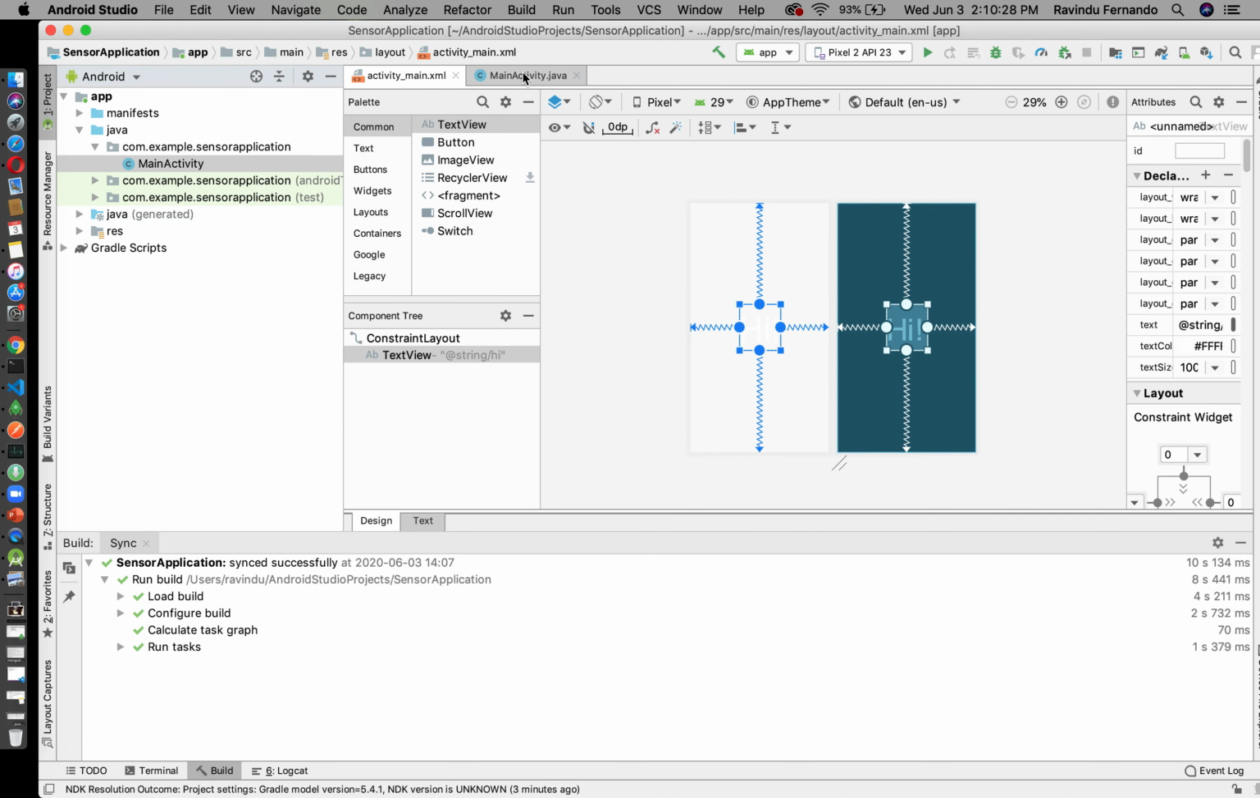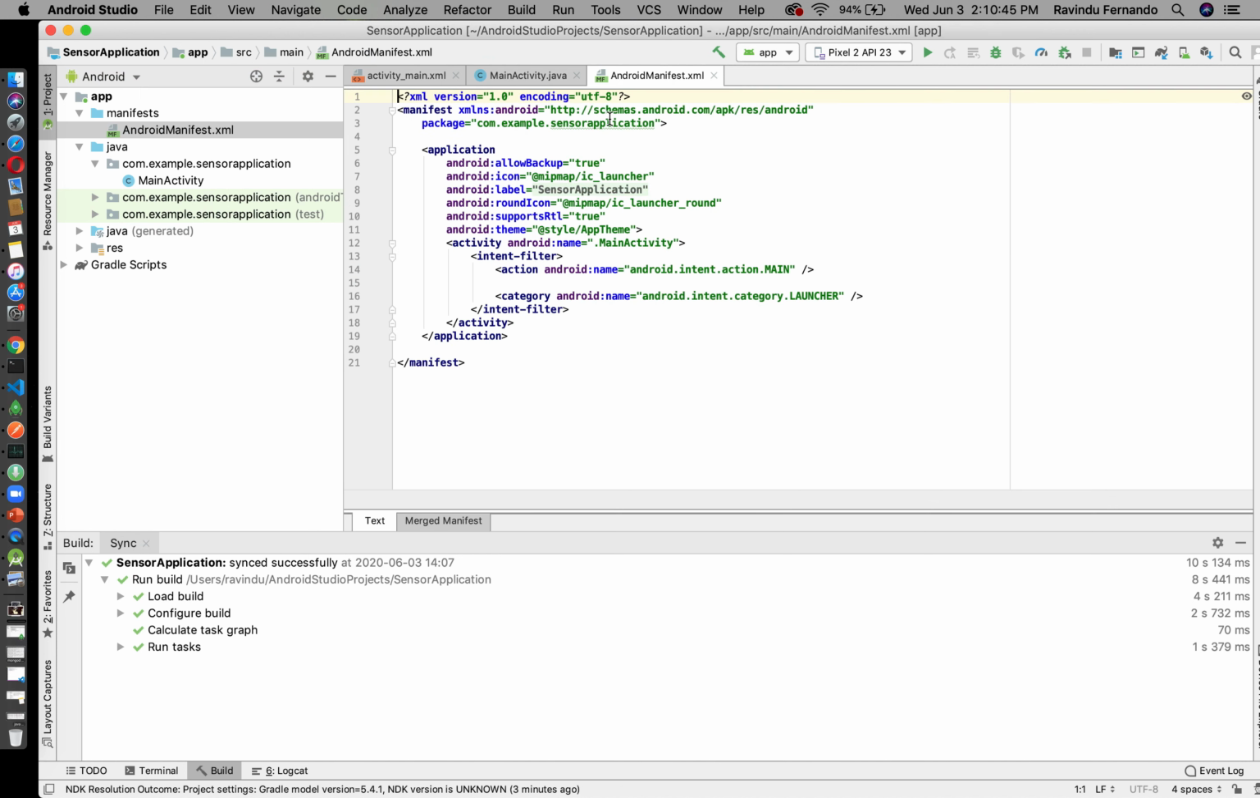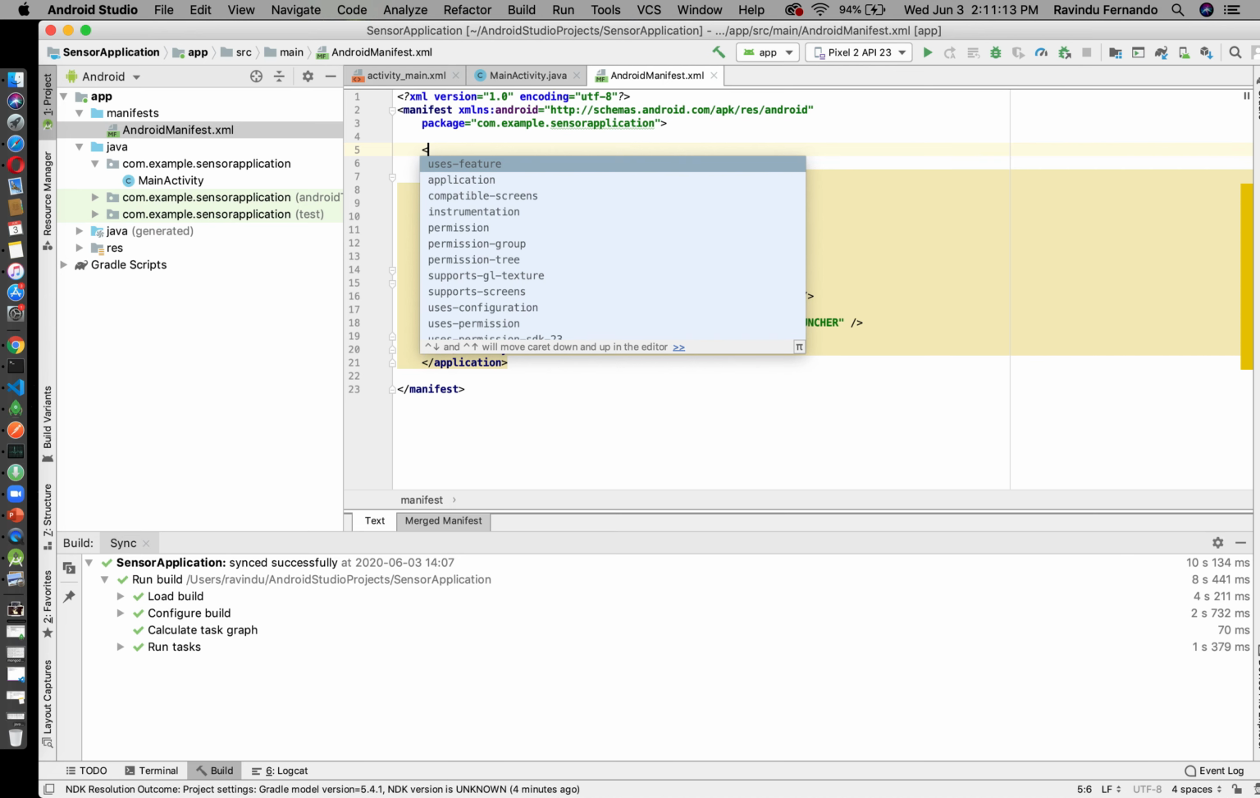Okay, now we'll go to MainActivity.java. One thing we need is permission to access the proximity sensor. The permissions can be configured in the Android manifest, so we open that file. Right before the application tag, make some space and type uses-feature